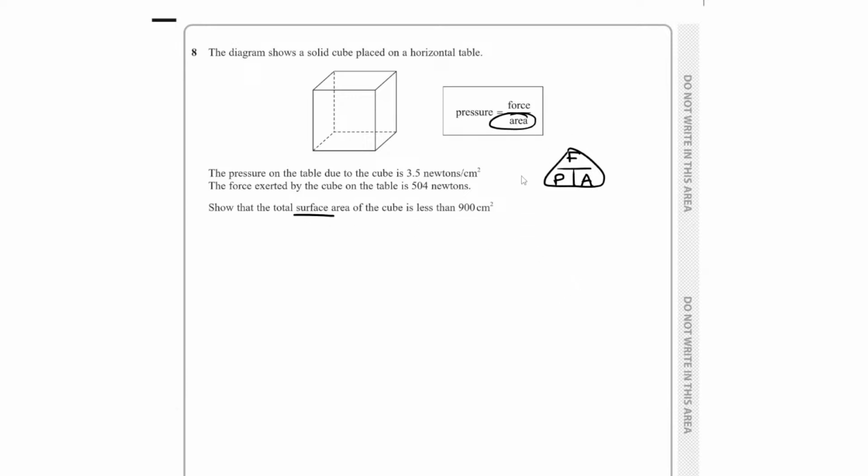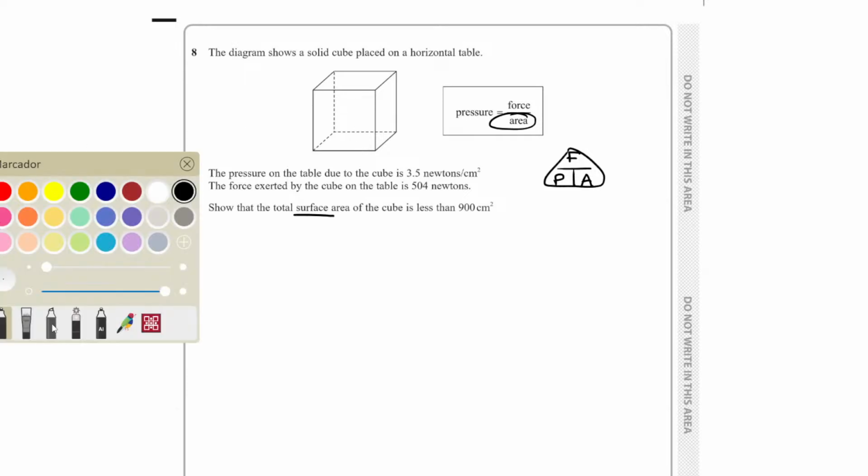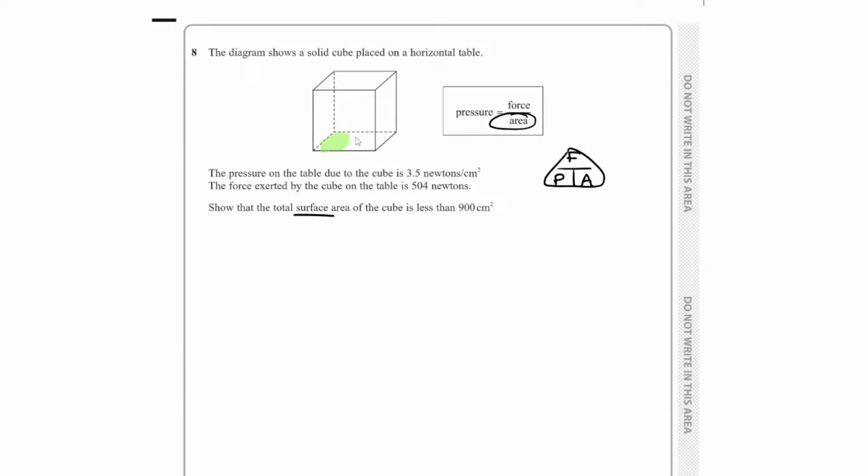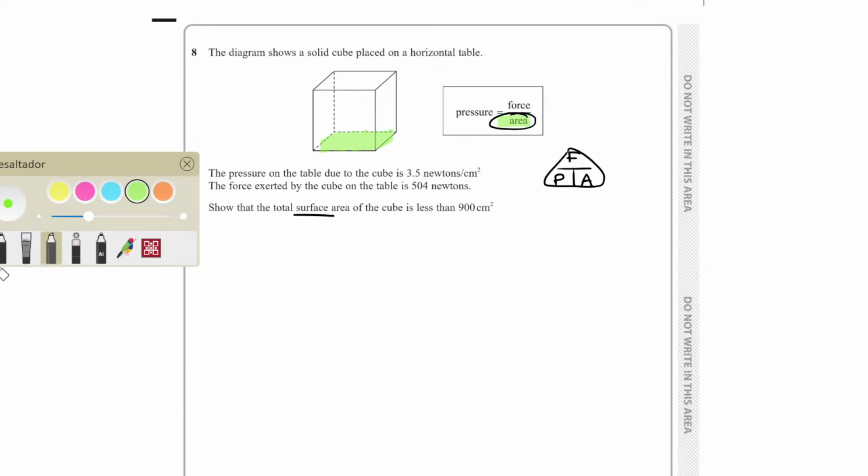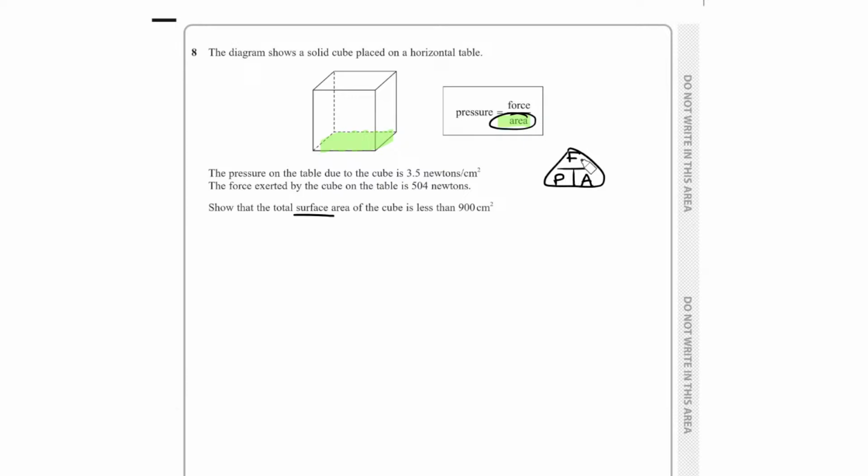So the area here is just referring to the bit that's touching the table. So that's just one of the sides of the cube. That's what the area is saying. So if I've got pressure and force, I could use that to work out the area, couldn't I? So the area is the force divided by the pressure,